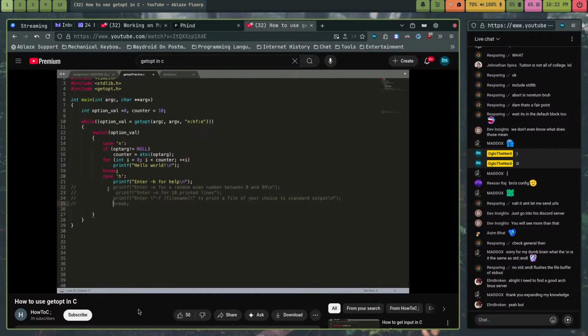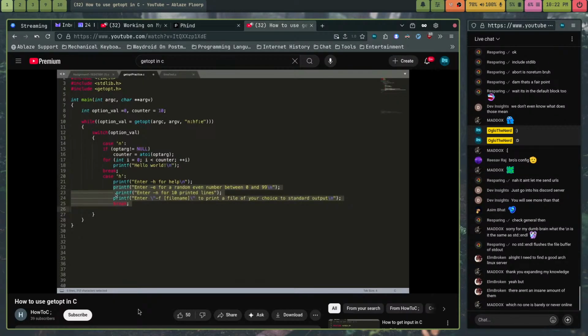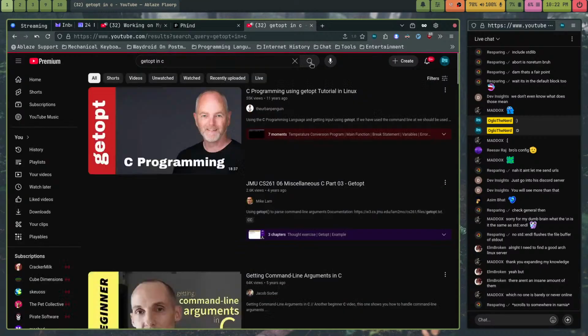Dude, this guy's tutorial's actually ass. And then we have case e, so we're going to print a random even number. So we're going to have